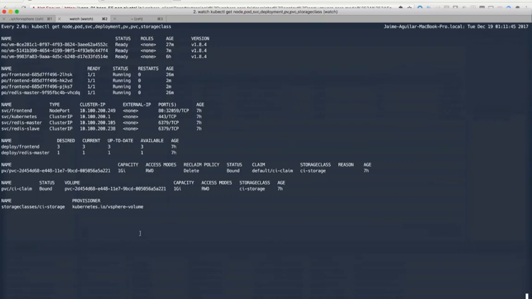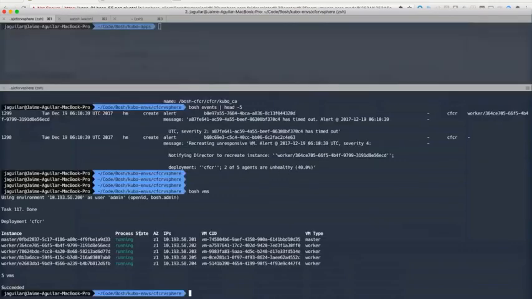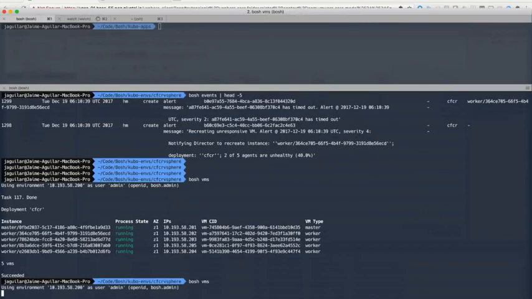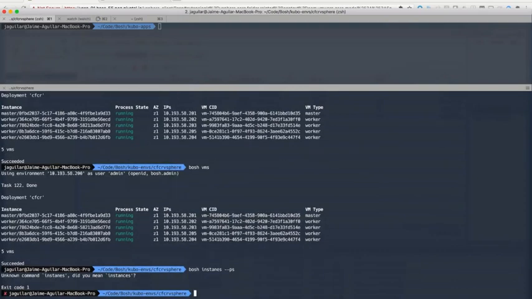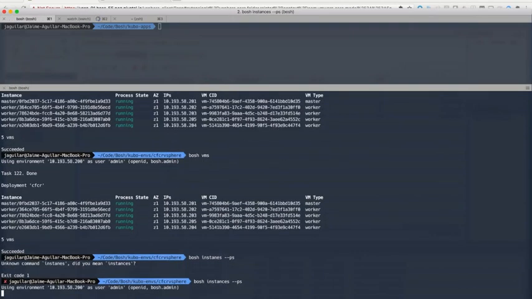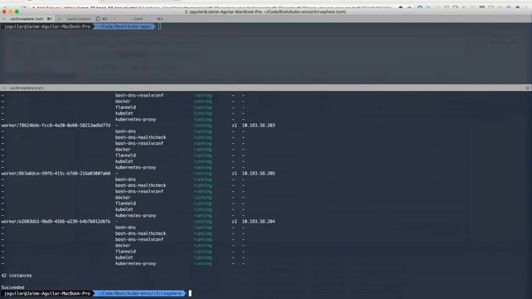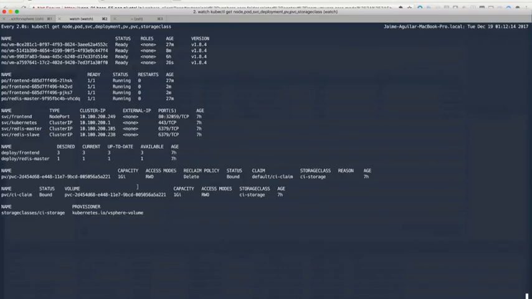So if I go here, we can see that the node has still not joined the cluster because it's not ready to do so. So if I run here another command, you can see all the processes that are running in every instance. And I think it was too slow because I think the node is back in. Yep. So in really few seconds,